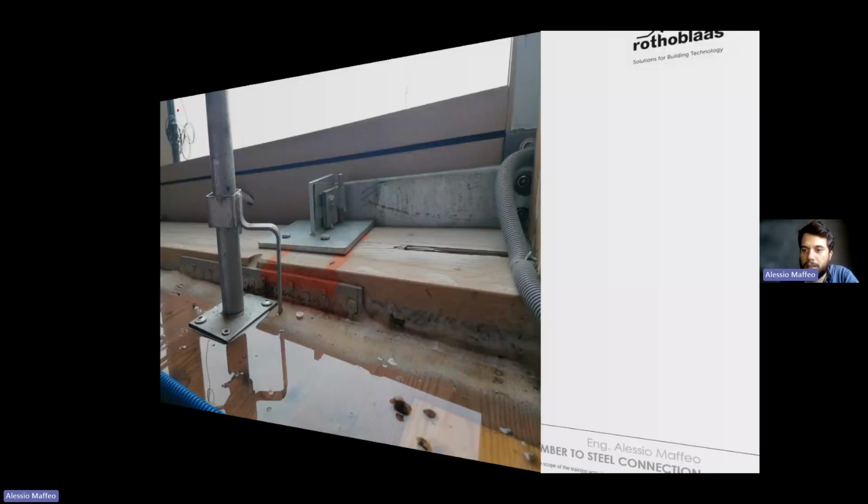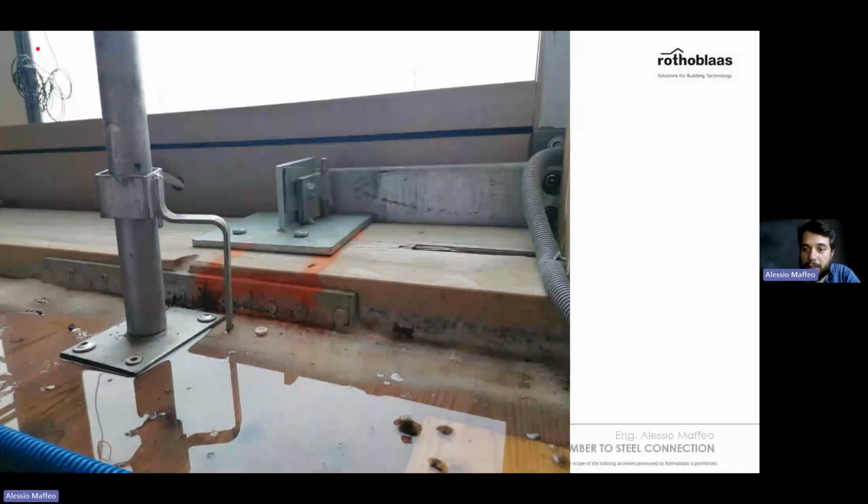And what is the dark side? The dark side is that in many construction buildings in timber, sometimes you go on site and you find this situation. So what do we notice here? We notice a few issues. We notice different types of screws connected to the same bracket. We notice, of course, a lot of water on the ground, no protection of the timber. We notice these screws up here not installed in the right way.